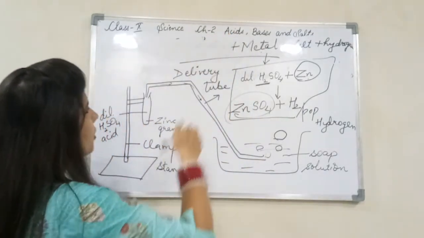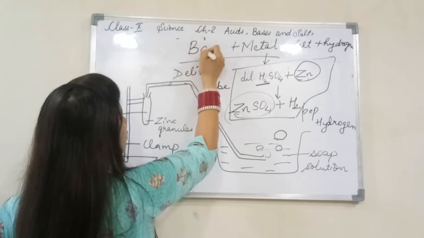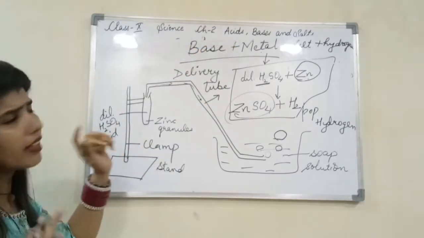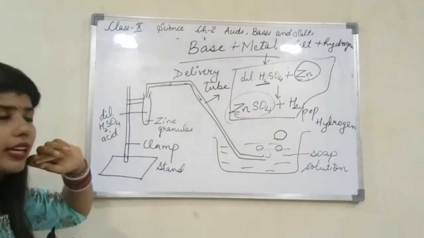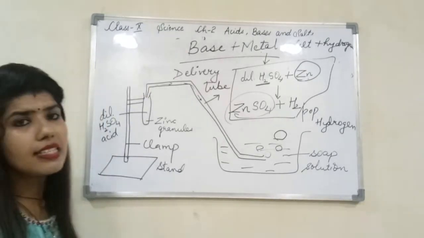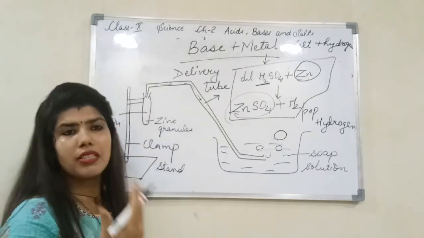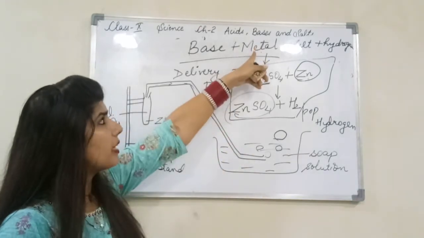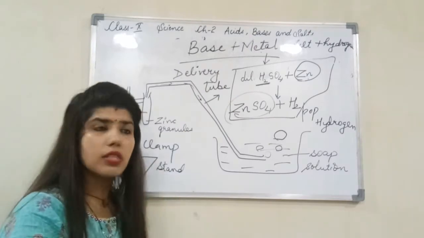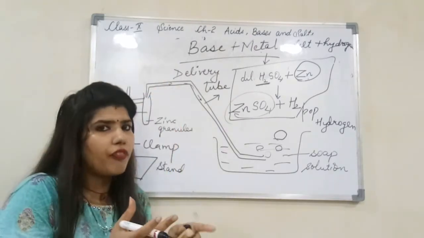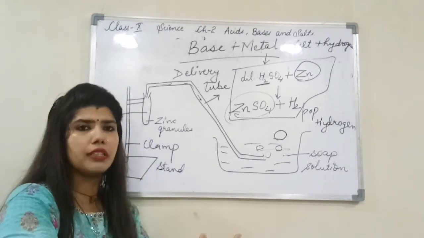Now moving with the next topic, that is when you react bases with metals, before that you have to keep in mind bases generally metal के साथ react नहीं करते हैं. There are very rare metals जिनके साथ bases react करते हैं, like zinc, lead, aluminium, sometimes copper, tin, they are also taken, but not many metals, because keep in mind metals have a tendency to donate electrons. Bases भी electron donate करते हैं, so the reaction never fits together in the cases in which both are donors.